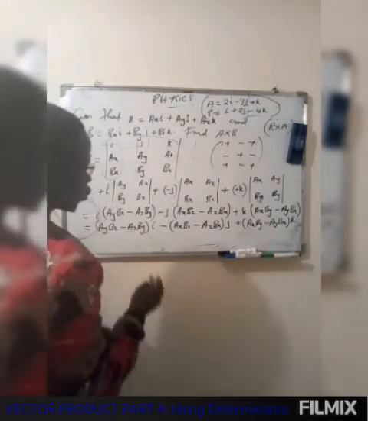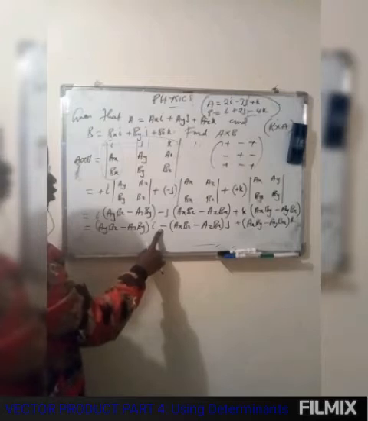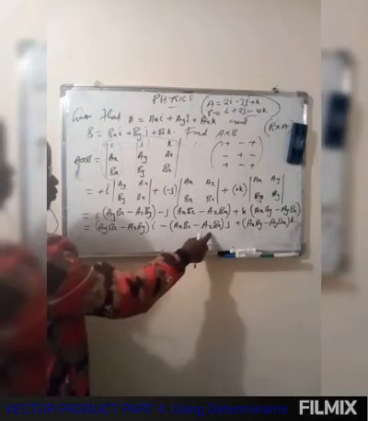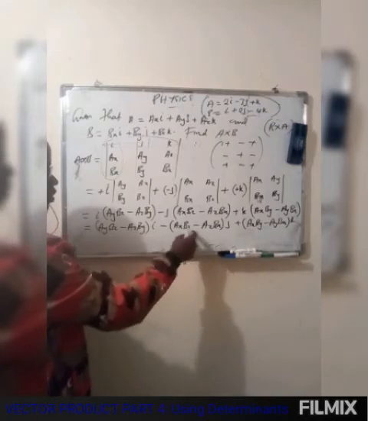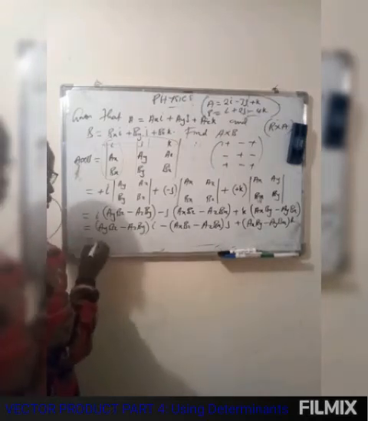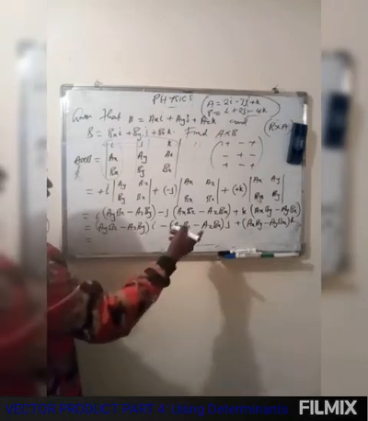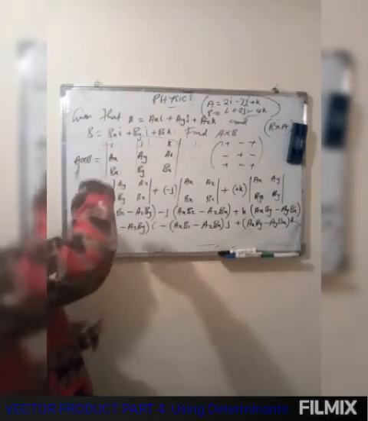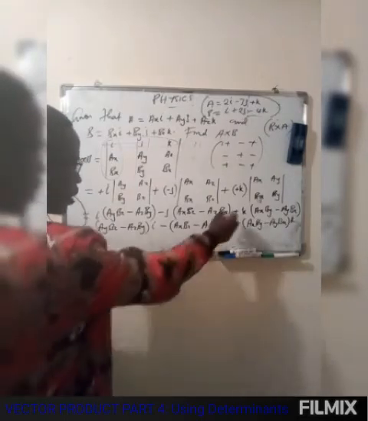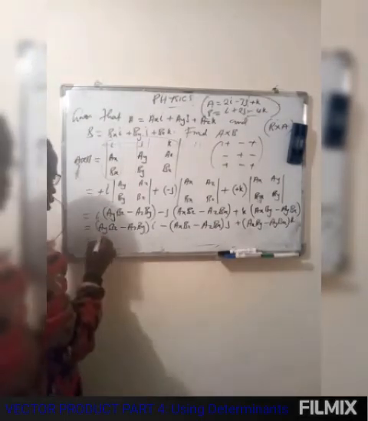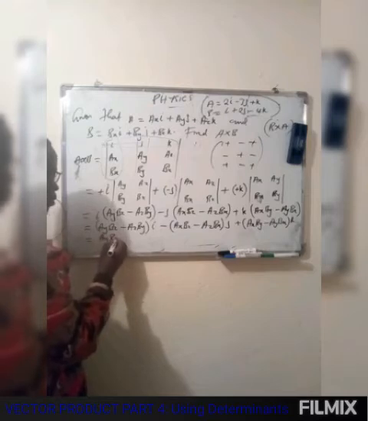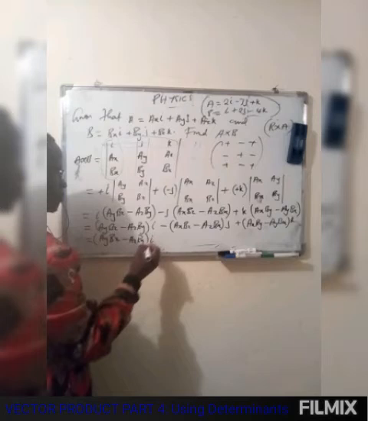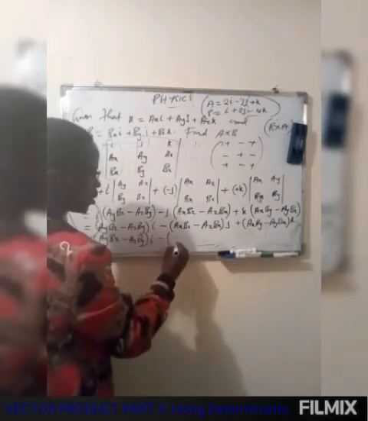So you don't want to leave a negative here, right? You don't want to leave the negative here. So how do you get rid of the negative? You can swap these two, right? What is inside there, you can swap them. Like I said, you're essentially done, but you want to get rid of this negative so that, remember, in the other method, we had the positive there, we had plus. So we're going to have AY BZ minus AZ BY, i, and then minus,